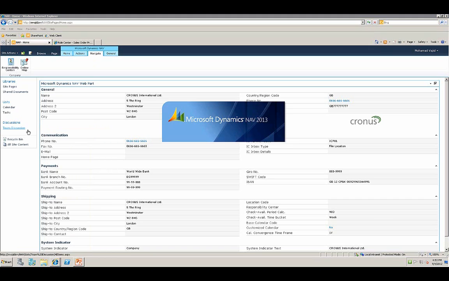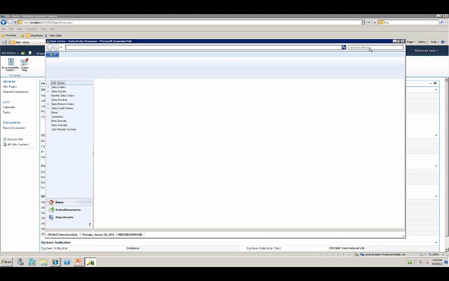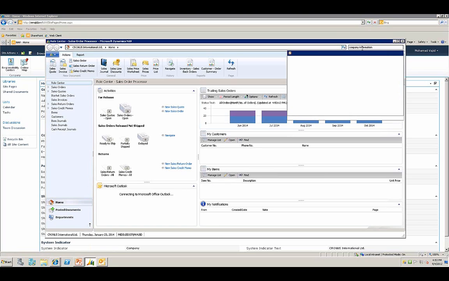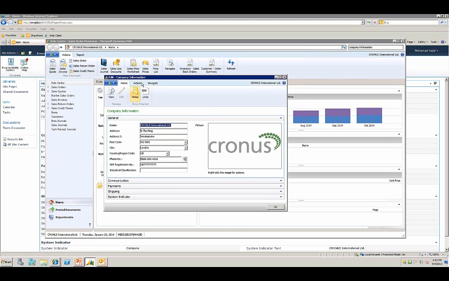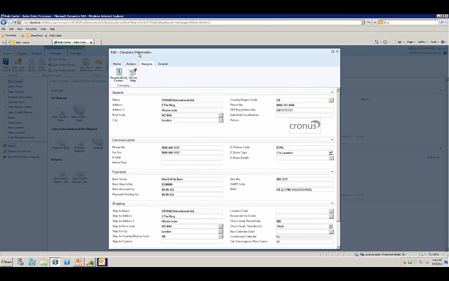So if I open up the RTC client, we can search for company information, and you'll see that we would have almost about the same toolbar at the top with home, actions, navigate with the same responsibility centers, online map. Switching back to the SharePoint client, again you would have the same responsibility centers, online map, just like in the